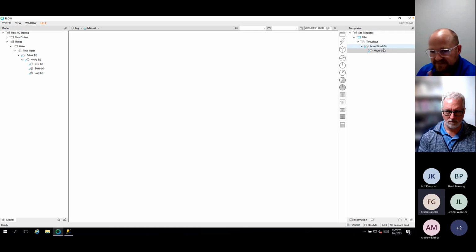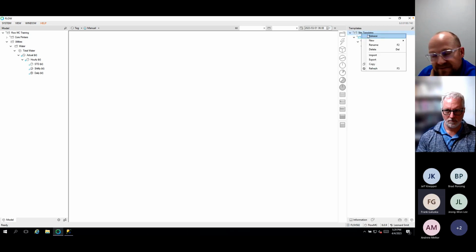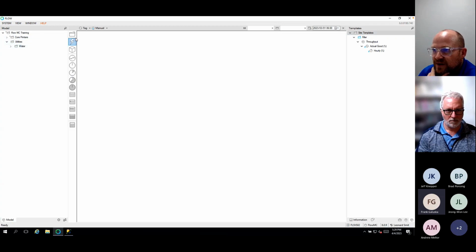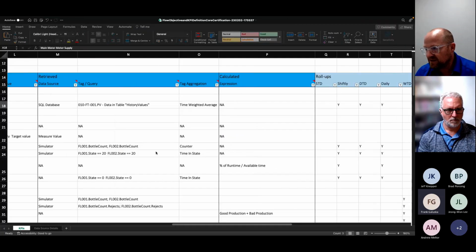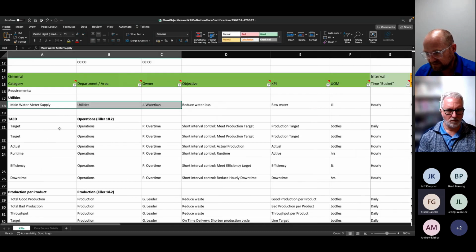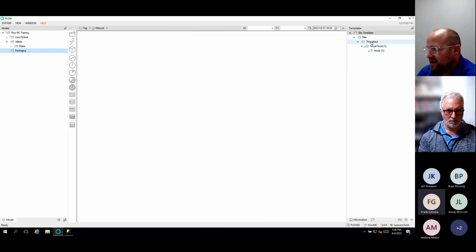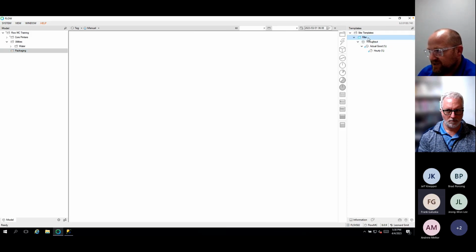Right. I'm not done. And the reason I'm not done is the following. Let's release my template. Let's go and add to my model. I'm going to add a section here for packaging. And I would like to go and instantiate 2 of these filler machines, right? I've got filler 1 and filler 2. So if I drag the filler across to my model, what I'm doing is taking the template